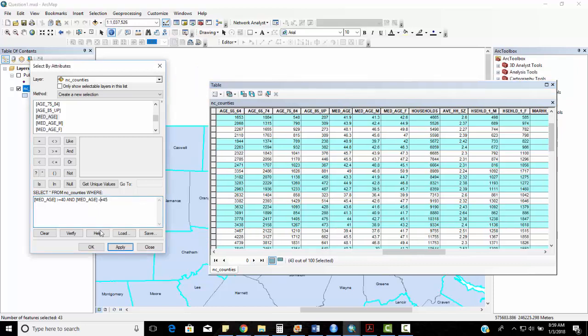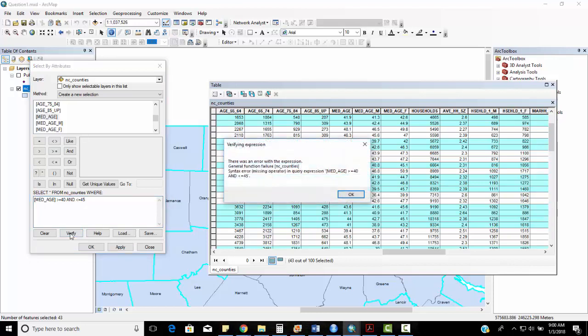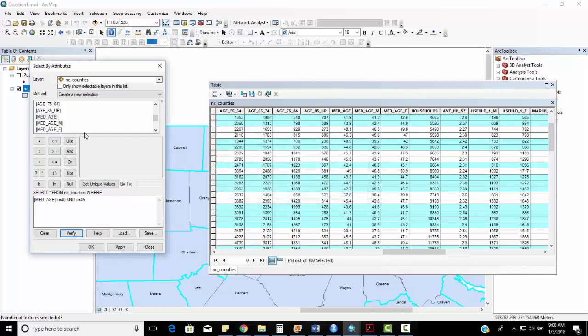Okay. Remember, be careful about some of the troubleshooting that we have here. This would be an example of a syntax error. Remember, we need to include median age for both of these. The computer isn't smart enough to figure out if the median age needs to be less than or equal to 45 or some other attribute. So be aware of both the syntax errors that we mentioned as well as our